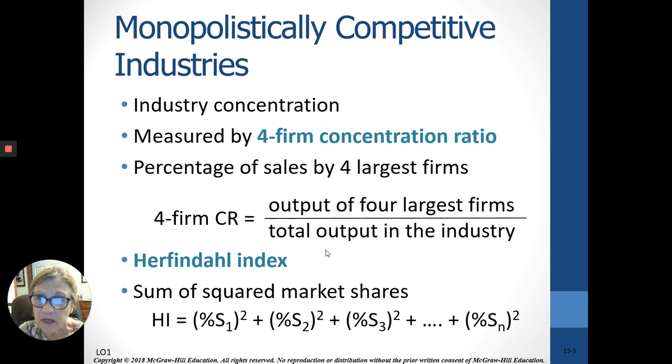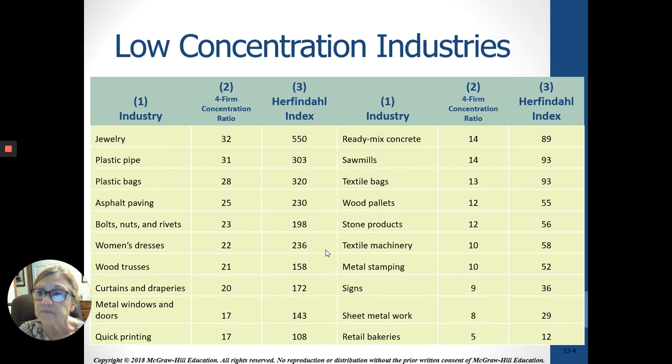Let's look at some examples of some that are less than 40%. Jewelry's getting close. The top four firms making jewelry have 32% of the market. So eventually they could become an oligopoly through acquisitions, perhaps. But also remember, this only looks at the market share in the United States. Some of these industries, like jewelry and women's dresses, have competition from overseas. Retail bakeries have a very small percentage with a four firm concentration ratio. Of course, that's a product that has a shelf life, and it would be more likely to be a monopolistic competitor.